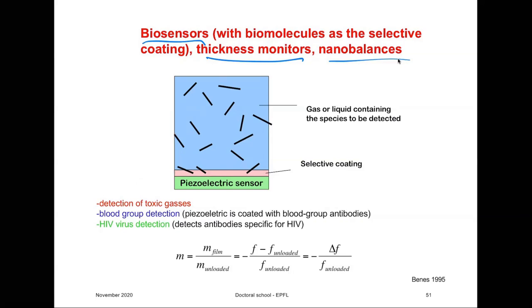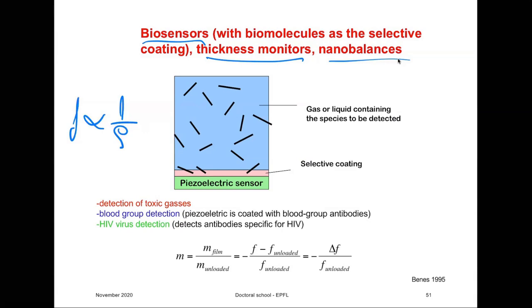This coating will absorb molecules, species that you want to detect, and that will change the total mass, which is resonating. And remember, piezoelectric resonance is proportional to the density of the resonator. So if the effective density changes, that will mean that the frequency will be shifted,